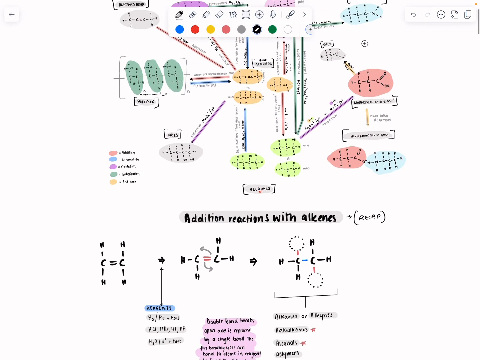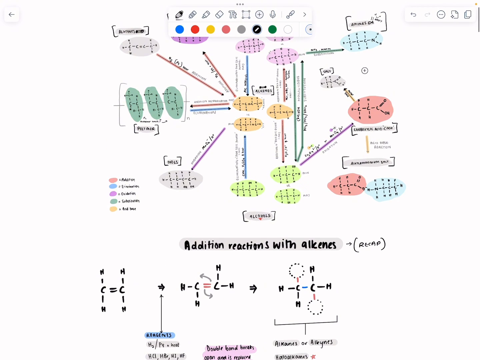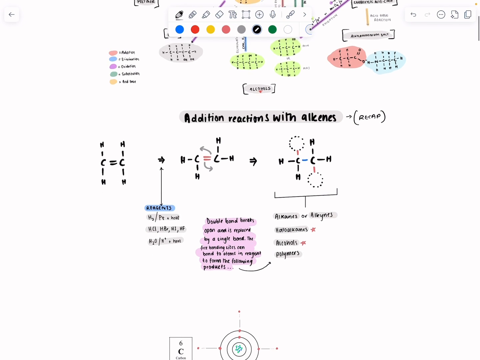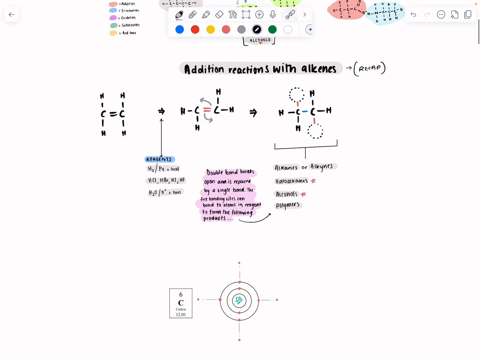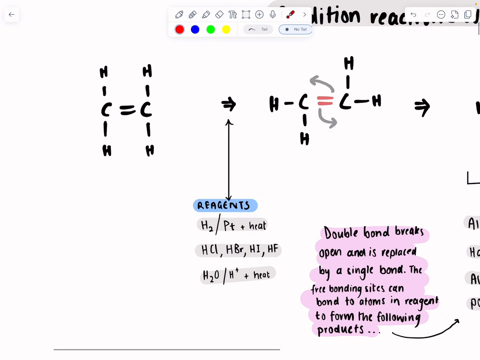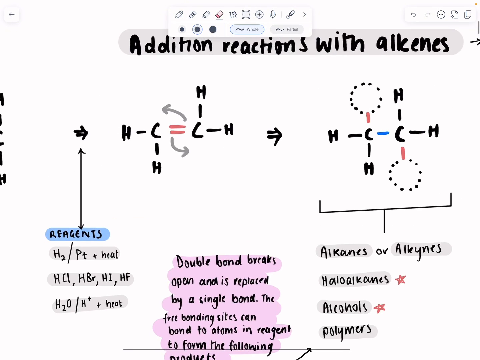Hey team, this is your tutorial on addition and elimination reactions, and we're going to start off by addressing how do addition reactions actually happen with alkenes, just in general. So this is just a bit of recap. As you can see here, I've got this alkene. If I react it with any of these reagents to form either a haloalkane or an alcohol, what's going to